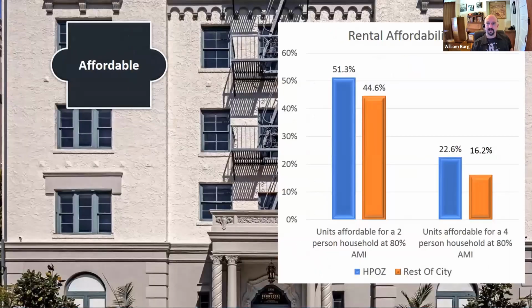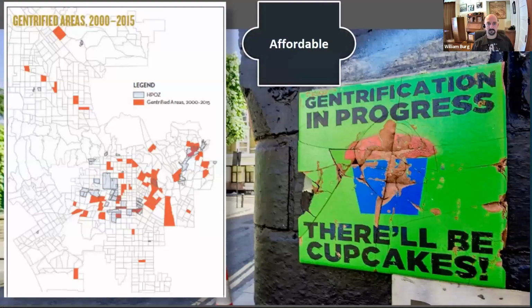They also found that rental affordability was higher in their historic districts. They call them HPOZs, Historic Preservation Overlay Zones. We call them historic districts, but it's basically the same thing. Another thing that's different that we'll talk about is Sacramento's historic districts tend to be far more renter heavy. But you can see here that in Los Angeles, a city that's not necessarily known for its cheap land or its cheap rents, the HPOZs, the historic districts, are where you find more affordable units. More people in LA can afford to live there.